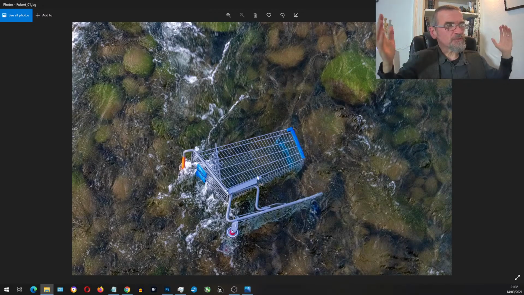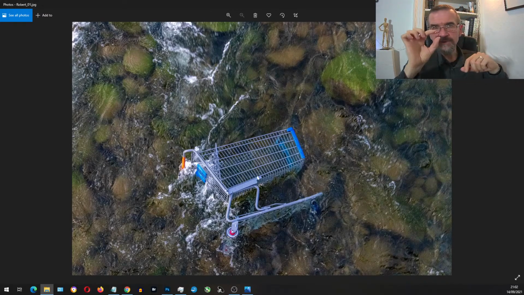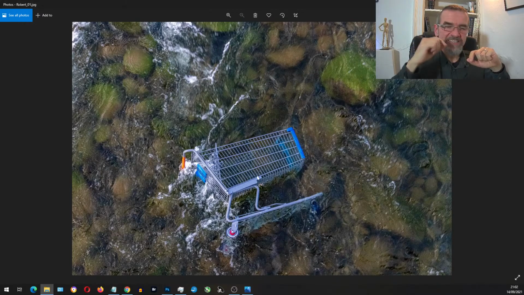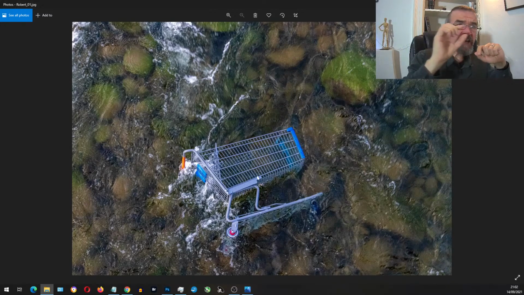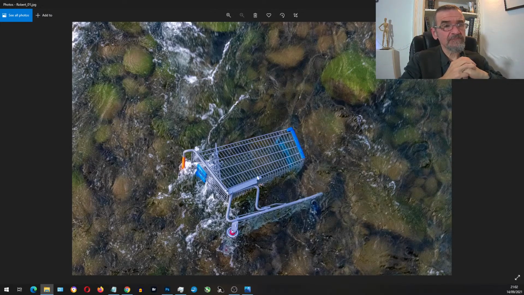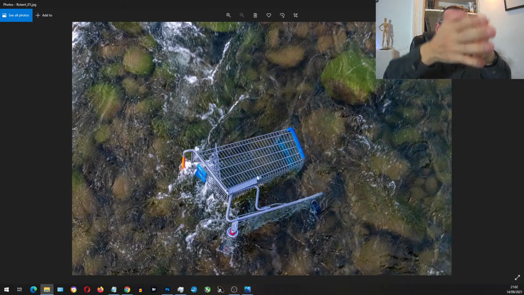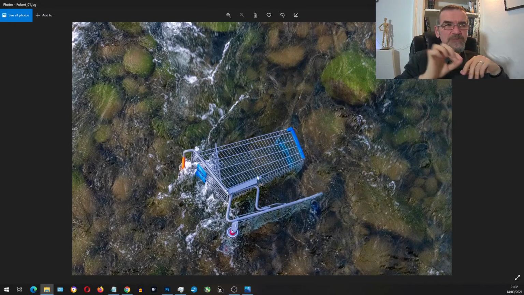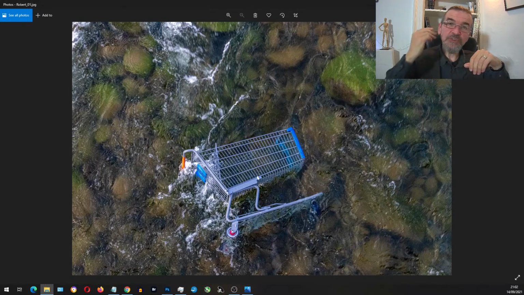An f32 is giving you an incredibly narrow aperture, which is letting virtually no light in. And so your camera has had to compensate by whacking up the ISO to ridiculous levels. You could have got away with an f5.6 on this, or even an f6.3, and even an f8. Given that it's a fairly flat surface, you're not looking down the length of the river. I think this is one of those cases where you had it on a really narrow aperture to try and get the slow movement of the water, and you forgot to change it